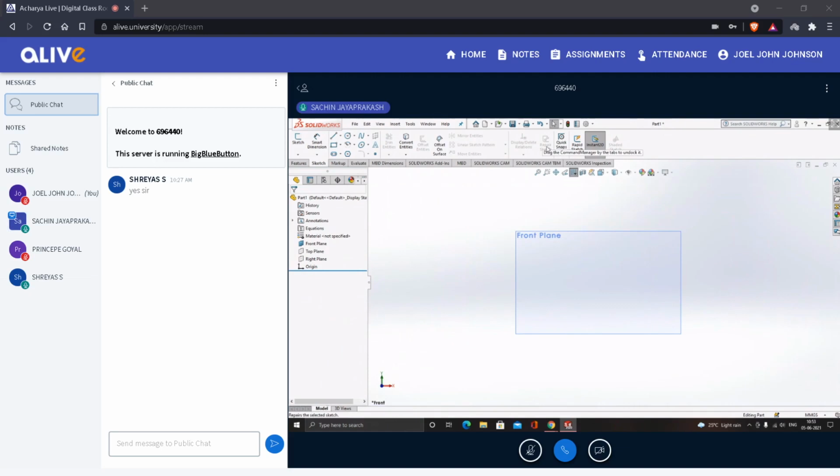And this option is repair sketch. So in case you want to repair the sketch, you can do this. And this is quick snap. So as I told you the other time, if you want to snap on the grid, or if you want to snap on certain parts,